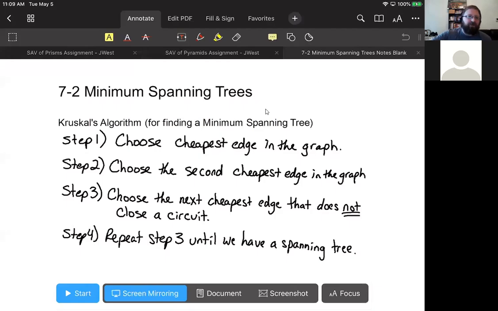All right, so today we're talking about minimum spanning trees and Kruskal's algorithm. We've talked about spanning trees. We talked about that last Thursday when we talked about how to determine how many spanning trees there were. Now, if a graph has 30 spanning trees, one of those spanning trees is going to be the minimum spanning tree. That would be the,